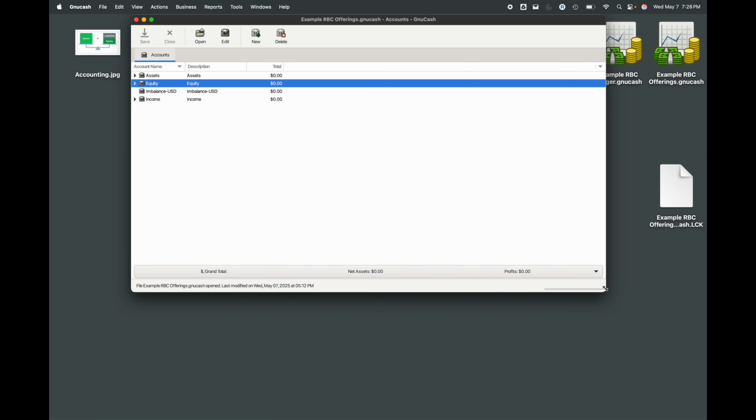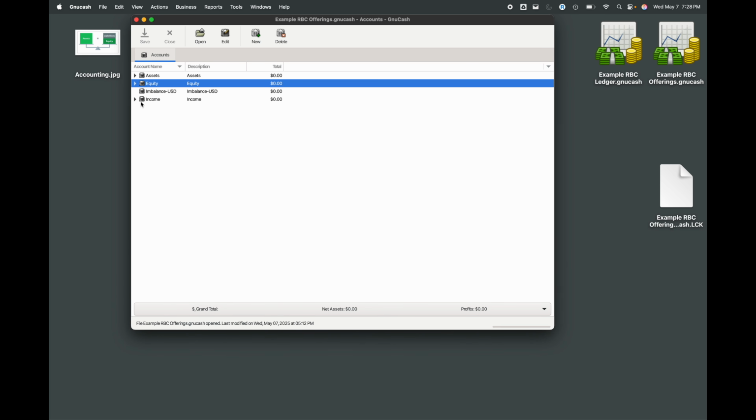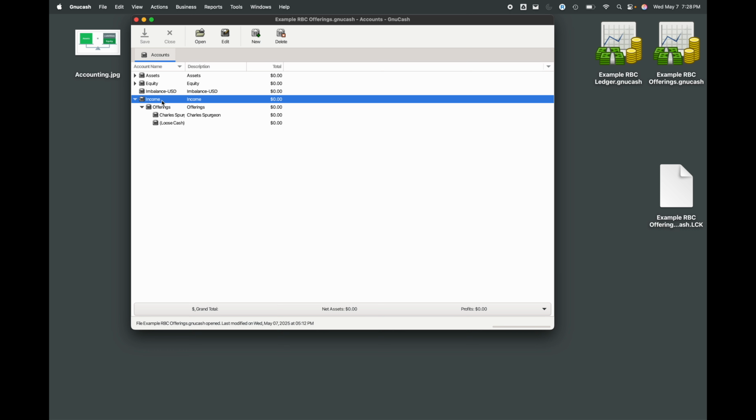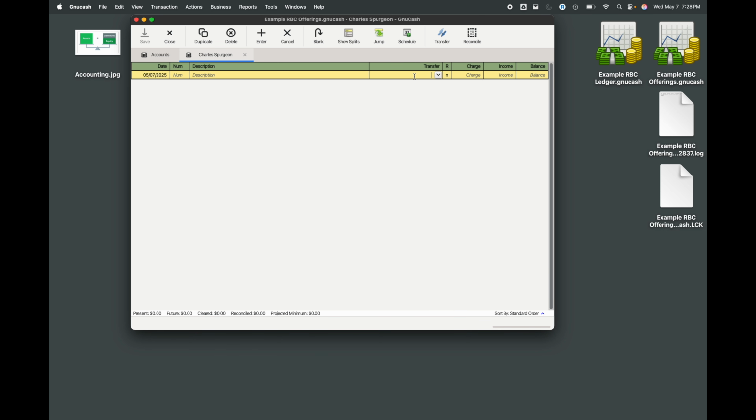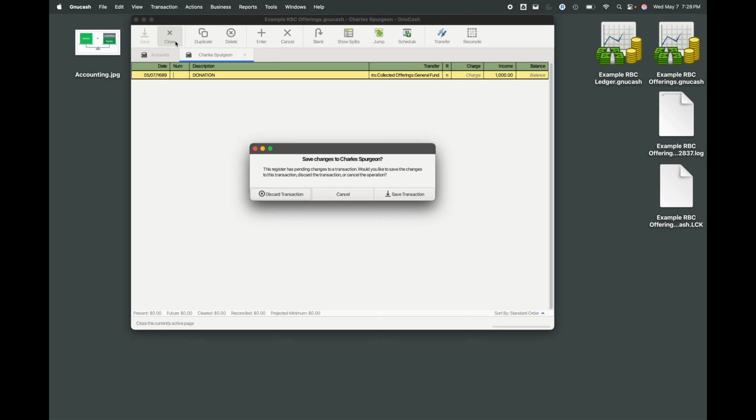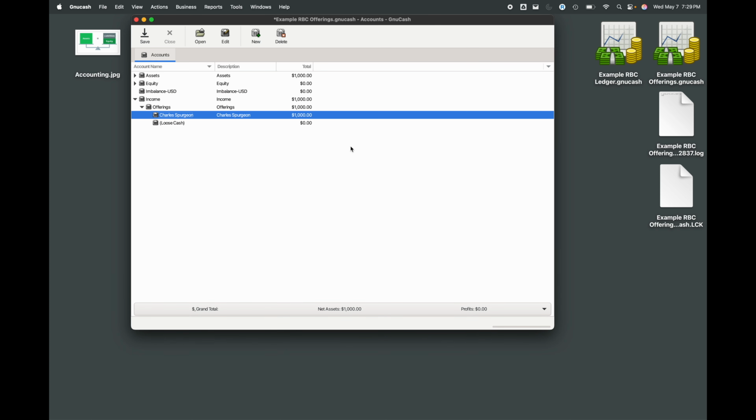So when you get monies in from offerings, that is an income account in this ledger. And we have a dummy person. Y'all might know him, Charles Spurgeon. And let's say he gave $1,000 to the general fund. In the year 1689, if it would let us. And there you go. You see that Charles Spurgeon, we tracked a donation from him and it went to the